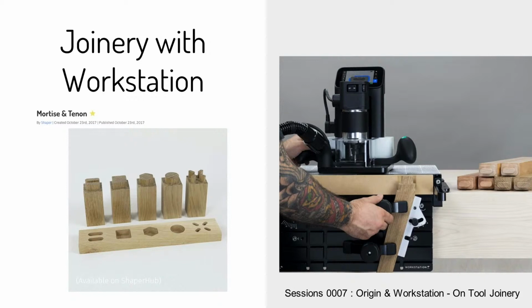A lot of the stuff I'm going to go over here, we've actually done previous sessions on. So for instance, we did a whole on-tool joinery session previously, and you can go watch that after this to get more on that. Another thing that we talk about when we're talking about Origin and Workstation, and if you go to the next one, Goose,